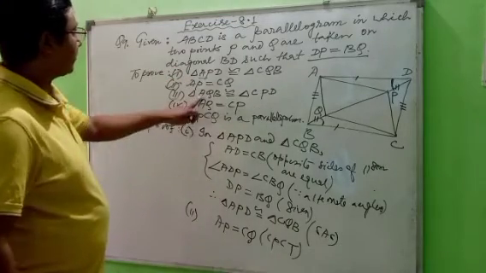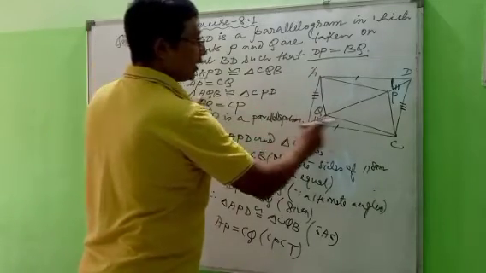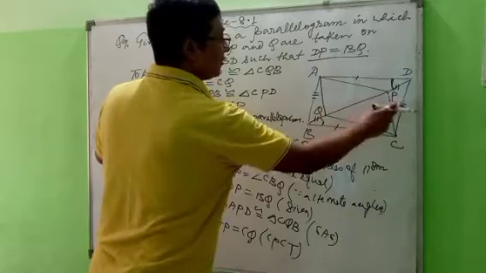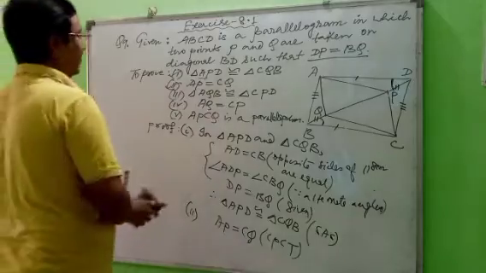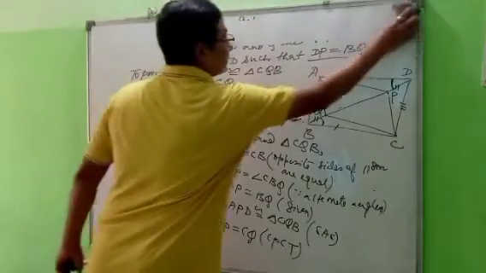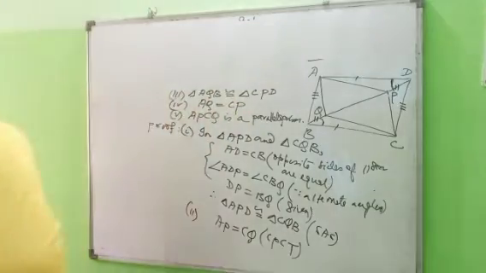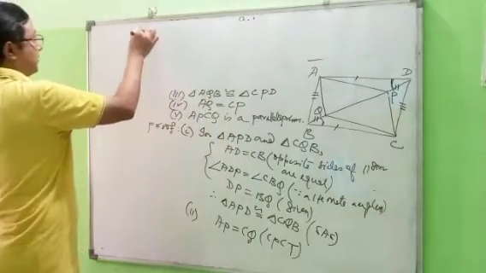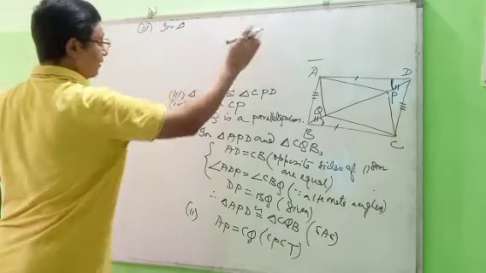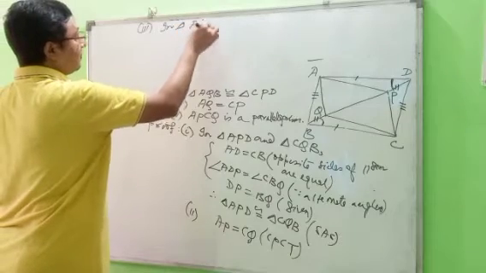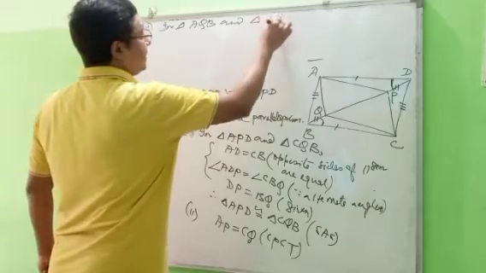Now comes triangle AQB congruent to triangle CPD. These two triangles you will prove congruent. So in number 3, in triangle AQB and triangle CPD,